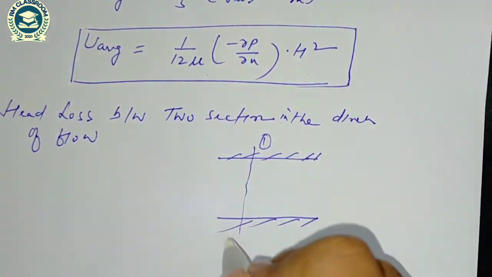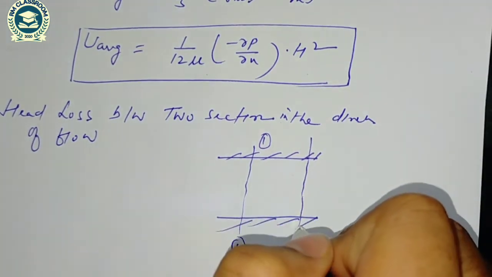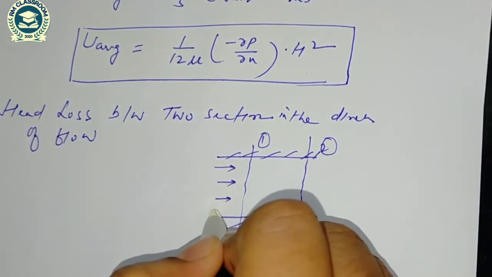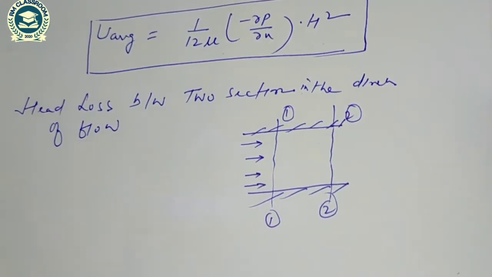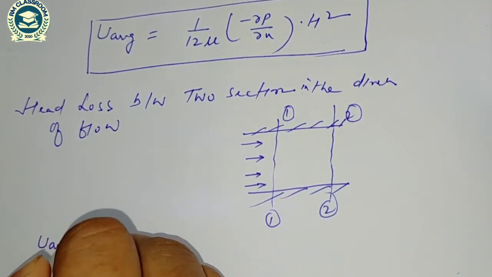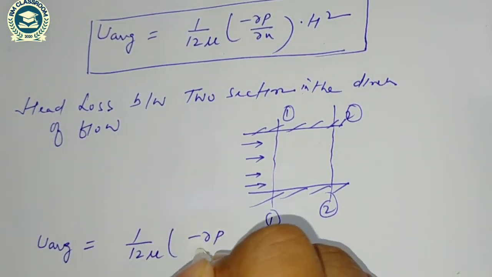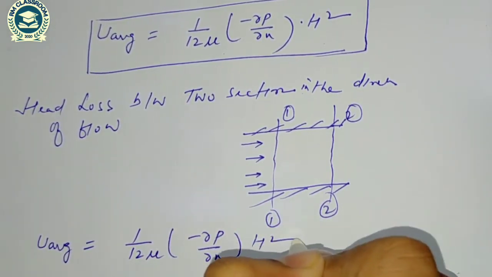This is our first section, and this is the second section, and this is our flow. So we know that average velocity is equal to 1 by 12 mu into minus del p by del x into h square,